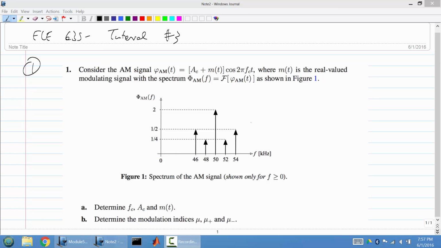Okay, so I've got 3 questions for you today. It shouldn't take very long. This is, again, on amplitude modulation. And then the next week, we'll do more amplitude modulation, and then we'll do single sideband and vestigial sideband stuff the next week. So tutorial questions for next Monday and next Wednesday, those will be all fair game for